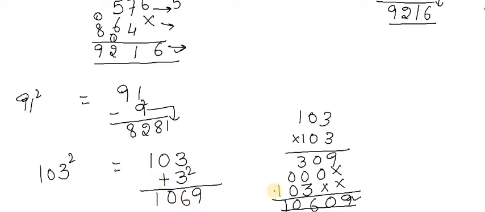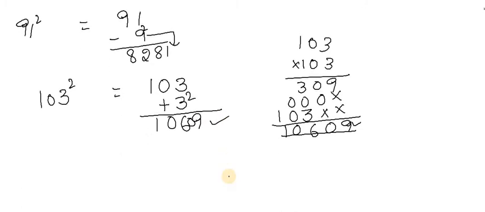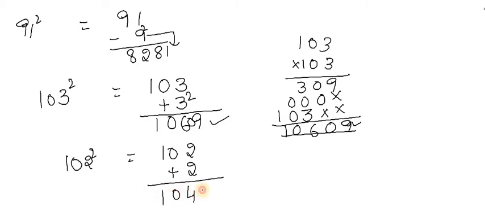Here is one mistake I made. We have to write the last two digits, but here I wrote only a single digit. That is the only mistake I have made over here. I'll go for one more example which is more than 100, that is 102 square. It is more than 100 by 2. 102 plus 2 is 104, and 2 square is 04. This is the mistake we made over there, so that is the reason I will not do it again.